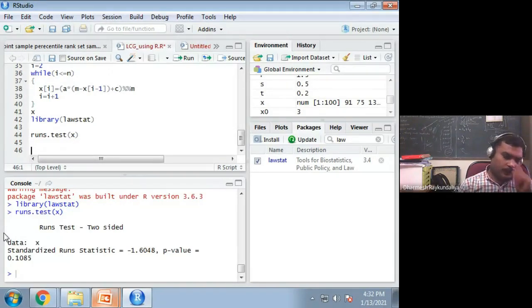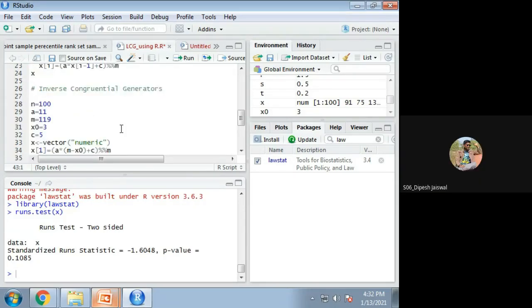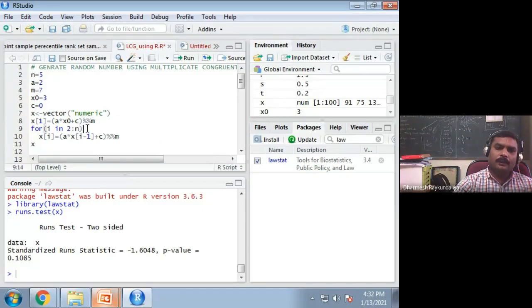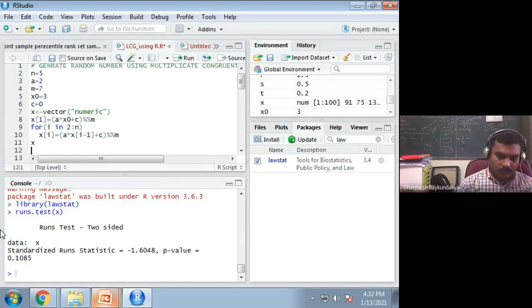All these numbers we have generated are random numbers. But suppose I wish to convert them into uniform. Here we have done only two steps; the third step we have not performed. Which step? u is equal to x by m.